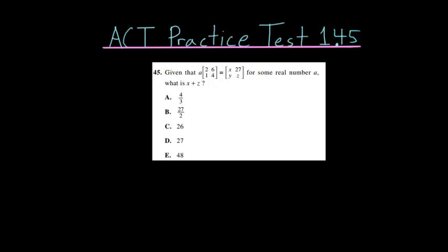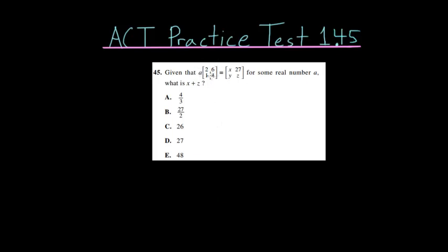For the 45th problem on this first ACT practice test, given that A multiplied by the matrix 2, 6, 1, 4 is equal to the matrix x, 27, y, z for some real number A, what is x plus z equal to? So for this problem, what I'll first do is rewrite this equation down below, but I'll distribute this